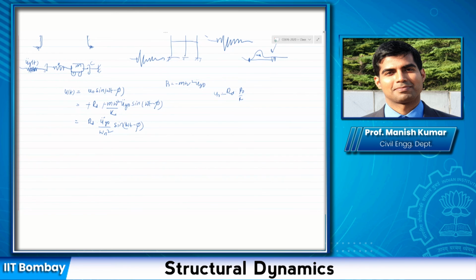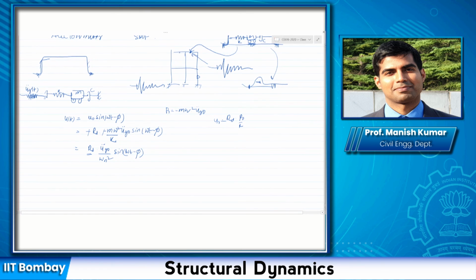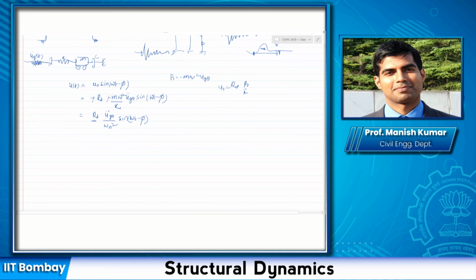Now, the basic property of an accelerometer should be that it doesn't matter which kind of structure it is attached to, it should not get amplified for different types of Rd. The idea is that whether you attach it here or here, it should measure the same acceleration, not the same acceleration, but it should not depend on the flexibility of the system itself. So that is what we want to do.